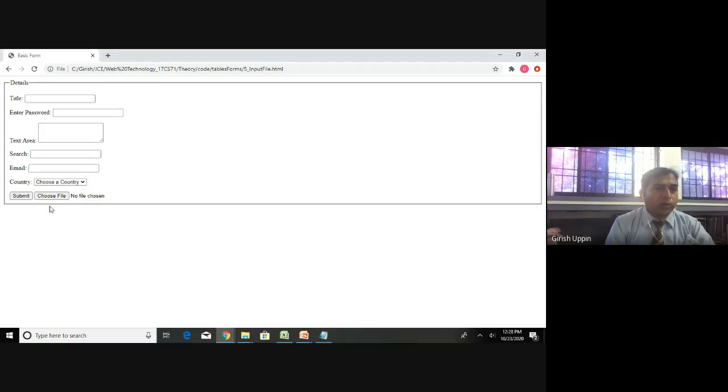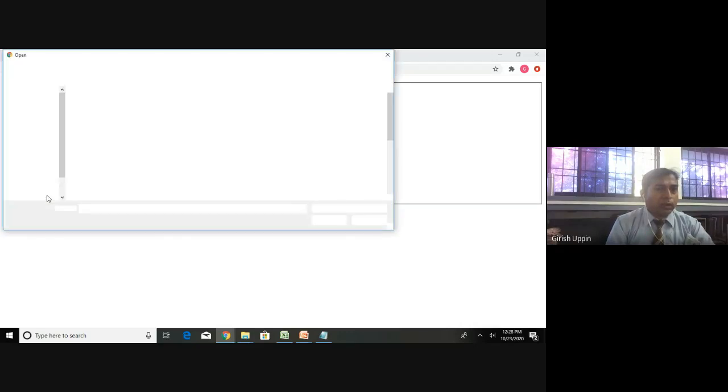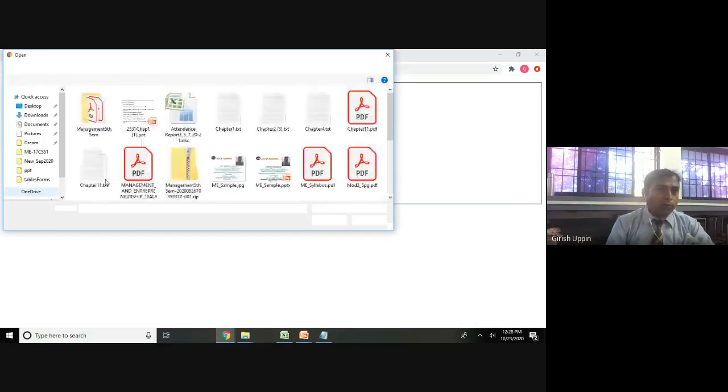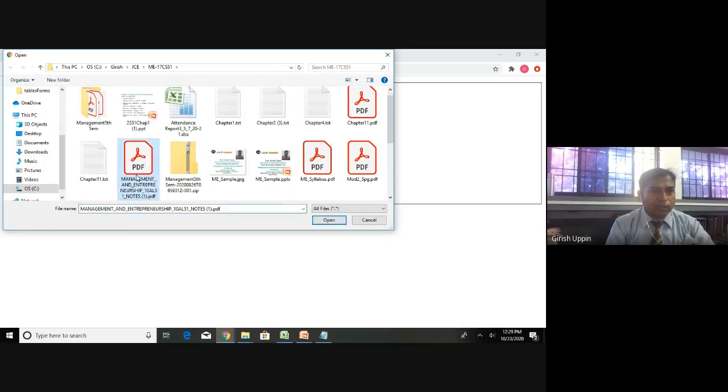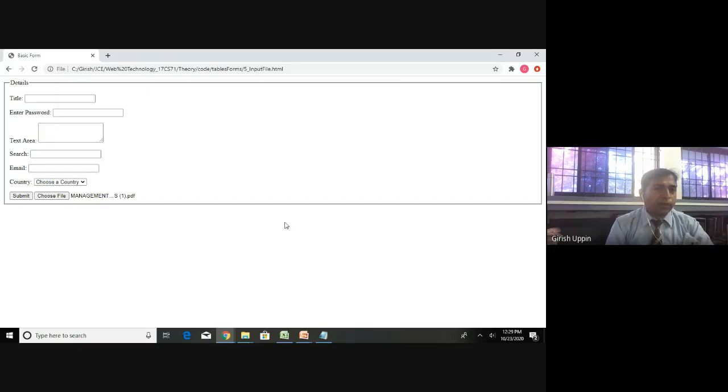Okay. What I will do is I will click on choose. By default it will open Windows Explorer, where you can navigate and select a particular file. I will just select some file. The minute I select, it will show which file is selected. And right now this is just on the client side, there is no server side. This resource will not be able to send that particular information to the server side. Even if I say submit, it will not be able to submit the data.